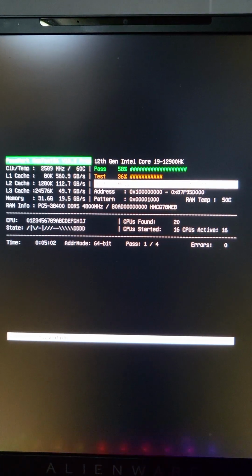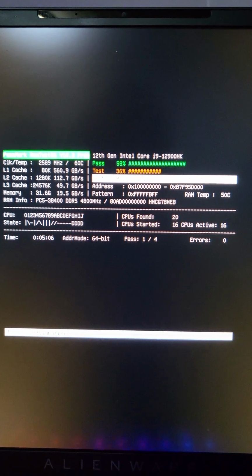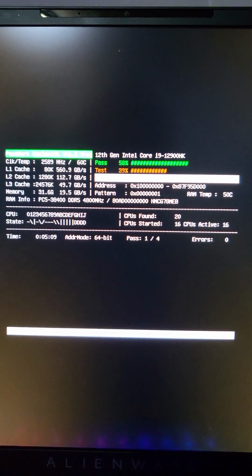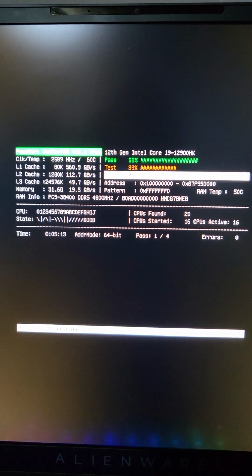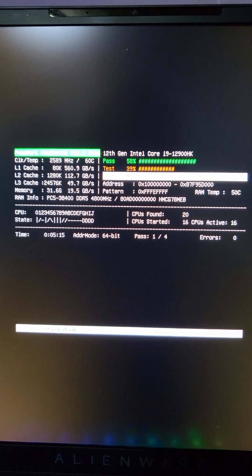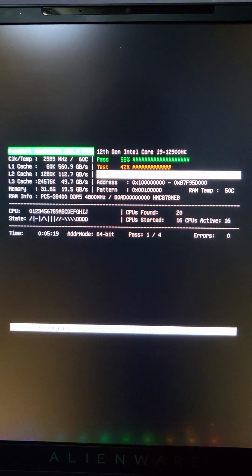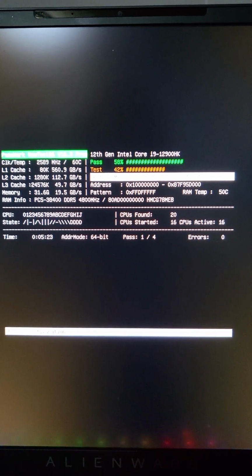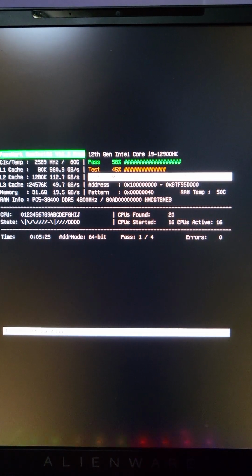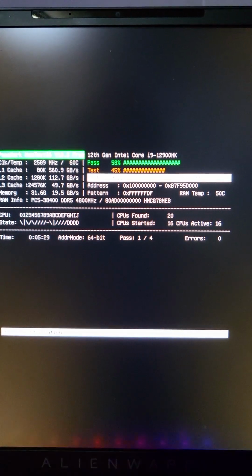And DDR4 and DDR5's latency didn't change at all. DDR4 and DDR5 are supposed to have the same latency, just different bus and clock speeds. So far, no errors. We are using 64-bit address mode. It's only using 16. It's using 14 physical cores and 2 logical cores,